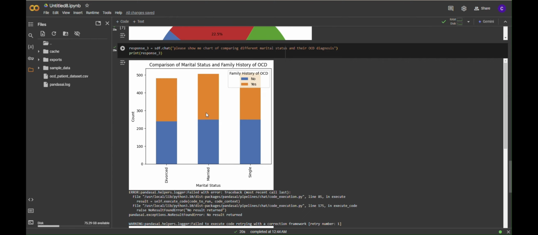Orange means yes for family history of OCD. It looks like for divorce, there was a lower count of yes for family history of OCD compared to, at least, I wish this legend would be out of the way, compared to at least married and single. But anyways,